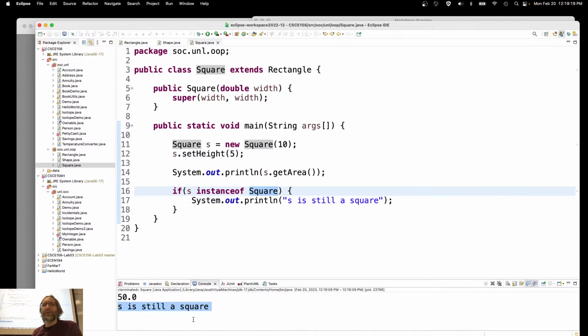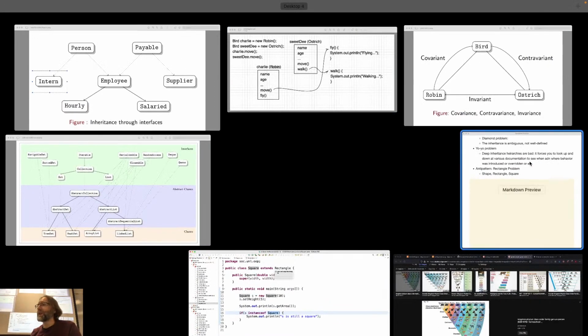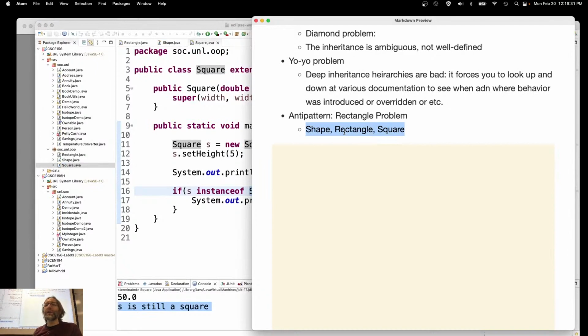Sometimes this is called the shape, circle, and ellipse problem, but I find, you know, rectangles and squares to be much more concrete of an idea, so I go with that example instead. If you lock yourself into a hierarchy that doesn't make sense, right, and you have mutable functions that change a square into a rectangle, your hierarchy is probably wrong, right? And there are ways around that, but the ways around that are basically bending over backwards and fighting against your hierarchy. We'll look at it in more detail on Wednesday, but the solution is don't lock yourself into these hierarchies,